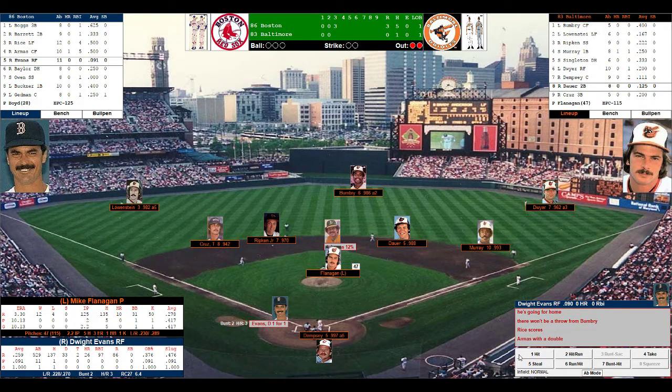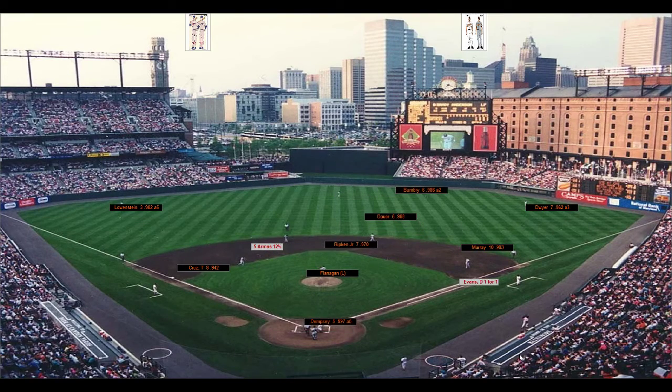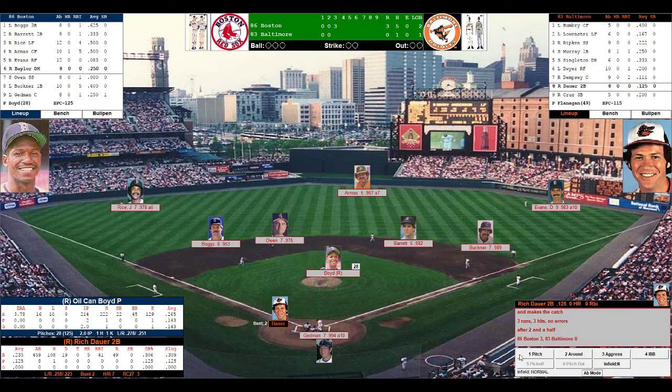You win, you're in. Flanagan's ready. Here's the pitch to Evans. And Evans sends that ball deep, but Bunbury is there in right center and makes the catch for the 3rd out of the inning. But the Red Sox score 3 on the 2-out hits by Rice and Armas and lead the 83 Orioles 3-0 as we go to the bottom of the 3rd.